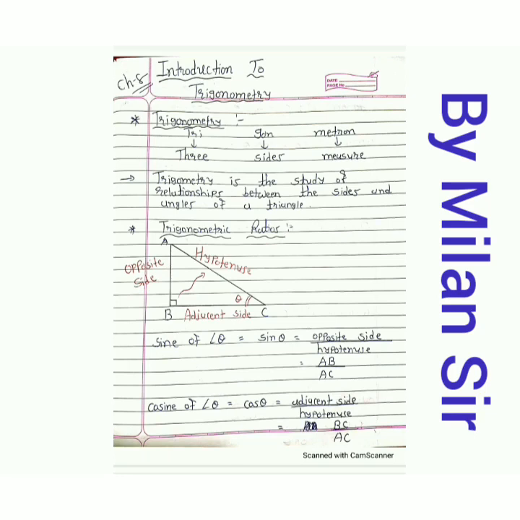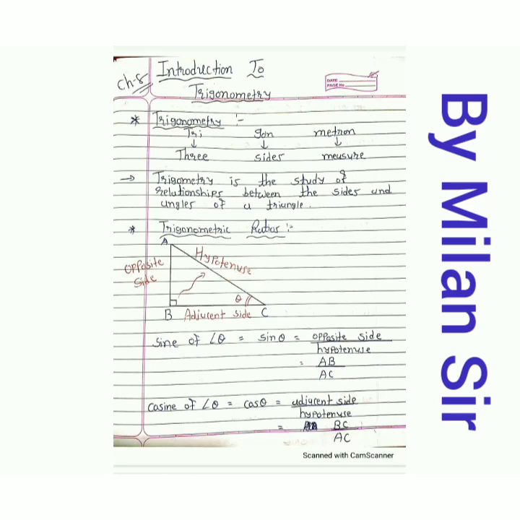Now what is sin theta? First of all, full form of sin theta is sine of angle theta, and it is the ratio of opposite side to hypotenuse. So in numerator opposite side and denominator hypotenuse. Now what is our opposite side here? It's AB. So AB and hypotenuse AC is in denominator. So AB by AC is sin theta.